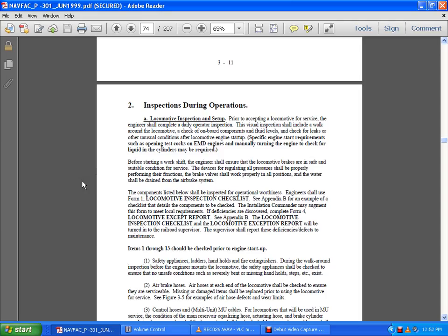Inspections during operations. Locomotive inspection and setup. Prior to accepting a locomotive for service, the engineer is to complete a daily operator inspection. A visual inspection should include a walk around the locomotive, a check of onboard components, fluid levels, and checks for leaks or other